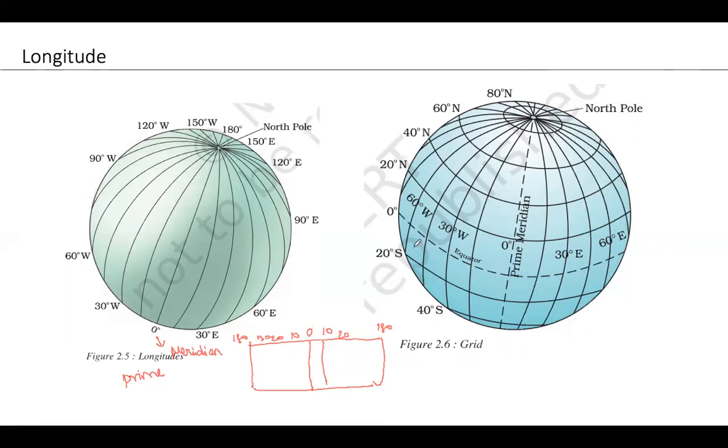One more difference we have is that the latitude is all equally placed, whereas the longitude will all originate from a common point, that is the North Pole and the South Pole, where they all meet. So the distance between the longitude lines is not equal, whereas the latitude has equal distance. So 0°. Where they have considered this 0°, we all hear this word GMT, Greenwich Meridian Time. So this is in London, and they have marked exactly the UK starting. It's 0°.